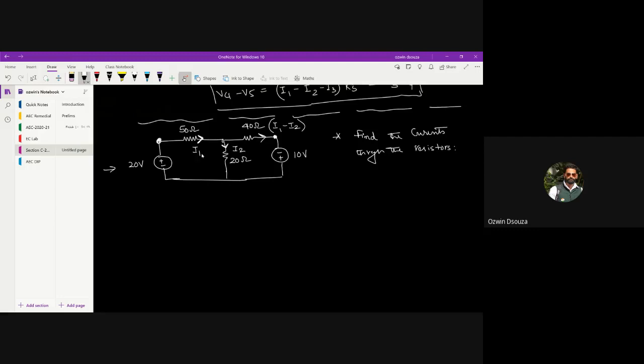That's the reason I said find the currents through the resistors. If you have taken it from the 10 volt source side, it hardly matters, because in the end we will just be comparing the magnitude of the current. If you get any negative value of current, it simply means that the actual current flow is in the opposite direction, whereas the magnitude remains the same. That conclusion we can write whenever we get a negative sign in our current. Fine, so let me apply KVL.